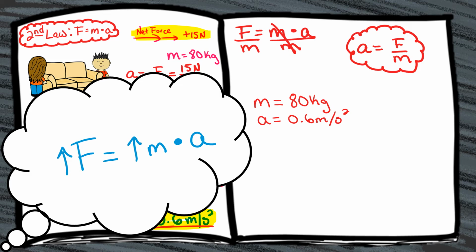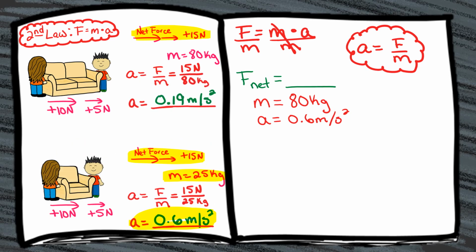That's right, Alex. We would need a greater force, and we can calculate it using the same equation from Newton's second law. But what variables would we use in this case? You got it, Alex. Based on our question, we would use the mass of the larger couch and the desired acceleration to solve for the required net force, which results in 48 newtons of force.